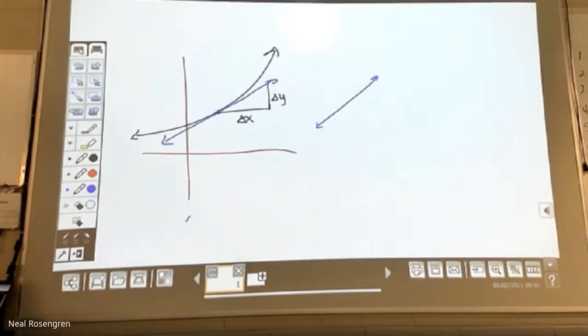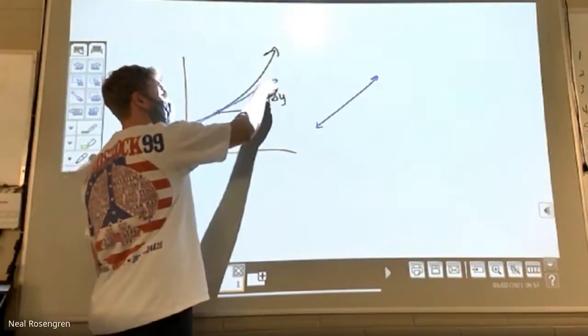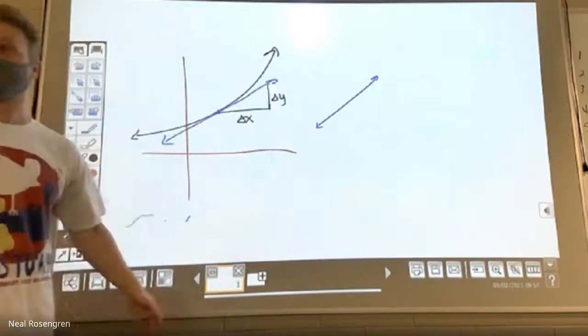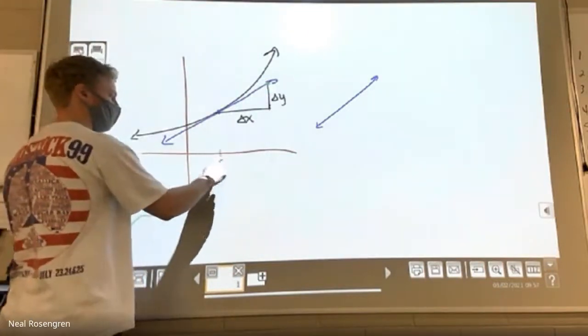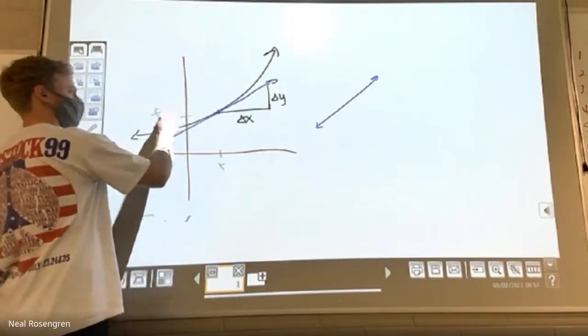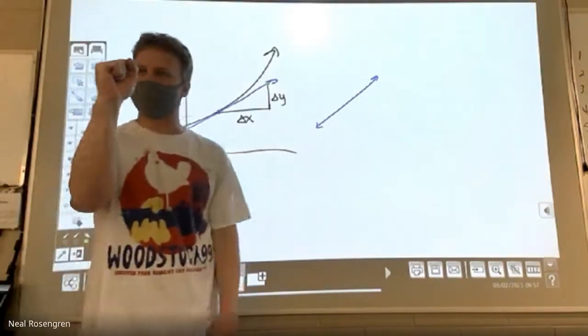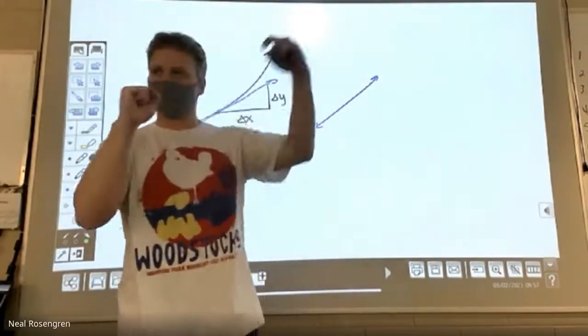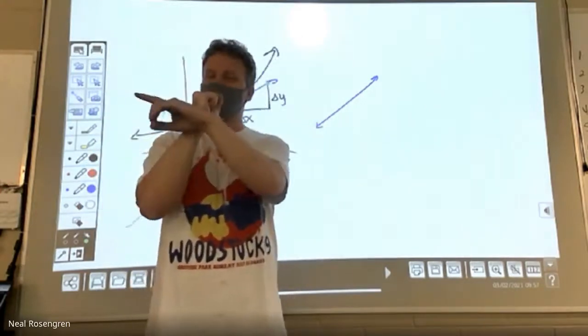The issue that they ran into when they were contemplating these ideas back before calculus was even a thing, is that they knew slope formulas. They knew a lot about lines and functions in general, but they said, well, if I'm going to find the slope of this line, I need that point right there. But I don't know that point. I know nothing about that line other than the fact that this point x, f of x, exists. If I only know one point, I can't find the slope of a line, because take a point. How many lines can you draw through it? As many as you want, right? An infinite number of points, infinite number of lines.